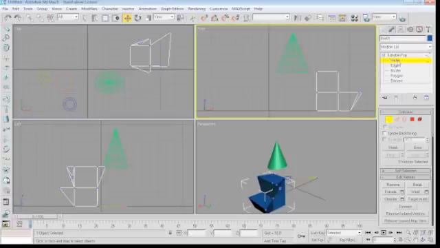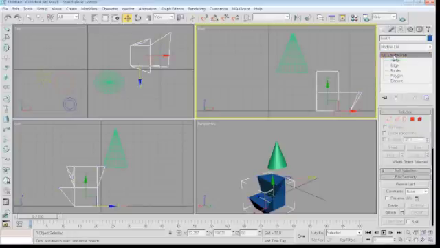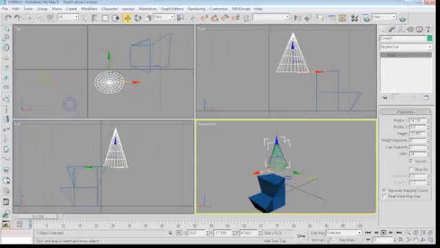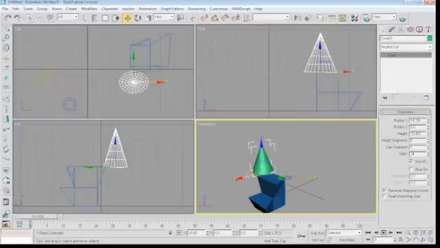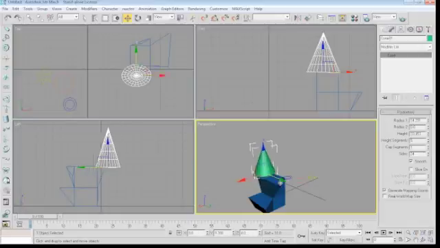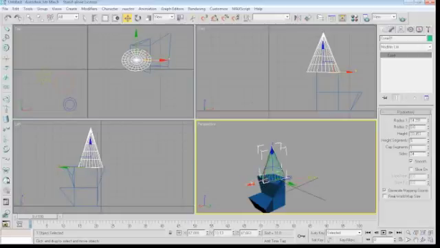Oh, no wonder it wasn't letting me select it. I forgot to let you know, when you're editing the vertices of an object, you must always deselect by clicking on top of the editable poly. So now you can go back to selecting other things. That's why I was having trouble selecting it. And now, if we want to combine these